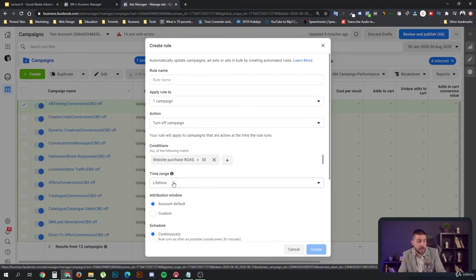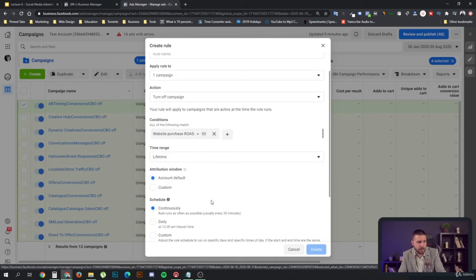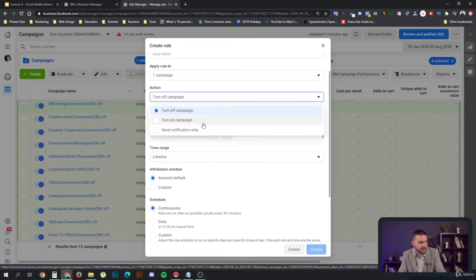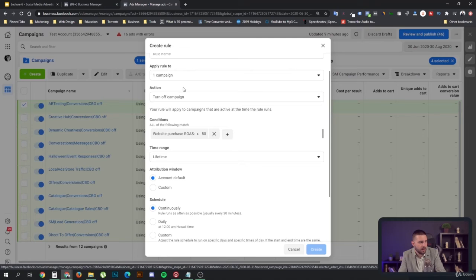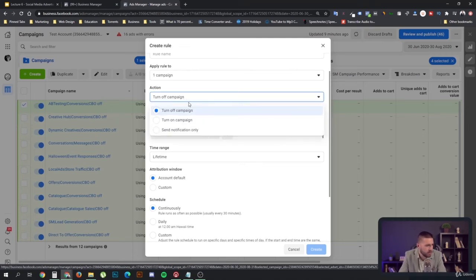And I choose lifetime. And I want to continuously increase my budget. Let's say my action is not going to be turn off campaign, but it's going to be